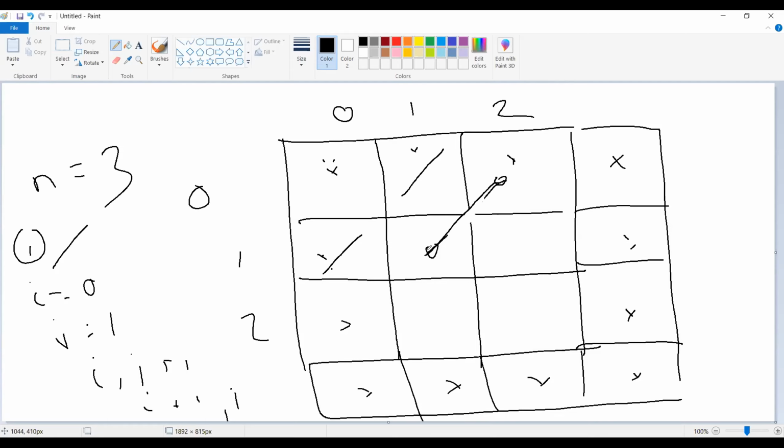When I connect this, and then I go for the second one, still here I don't find an island. But when I go for this one, I again take these two coordinates, these two cells, and then I try to see if they are connected. This guy is actually connected to the 0th position, right? So now it is already connected. So then I increment the count and also increment this one.